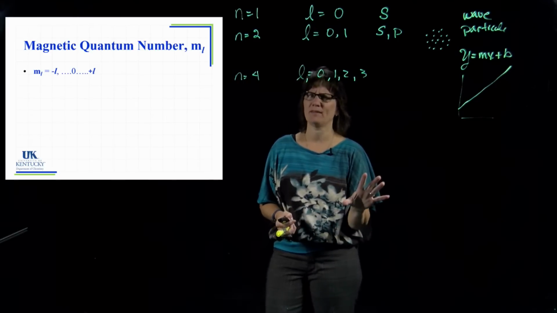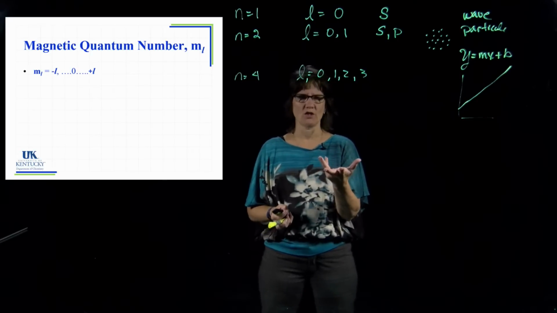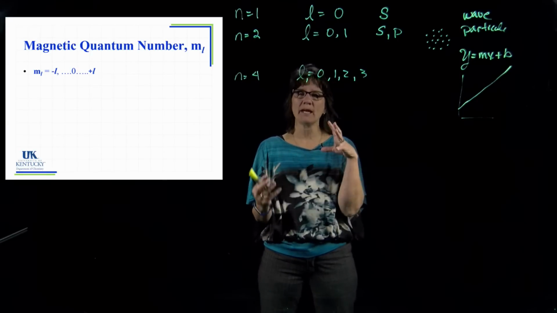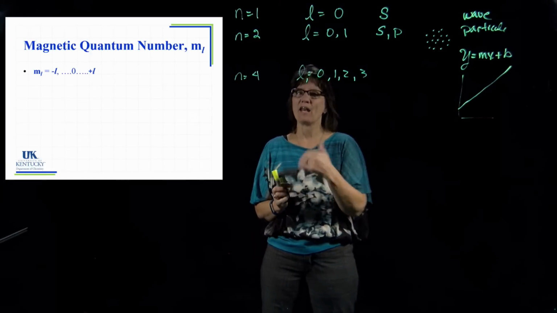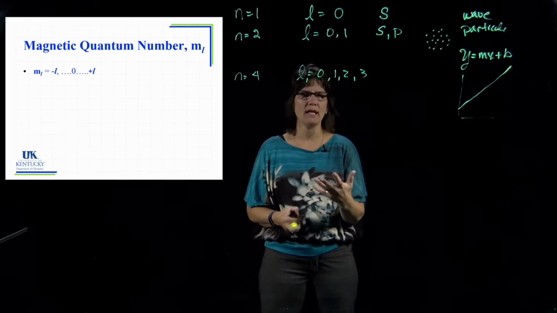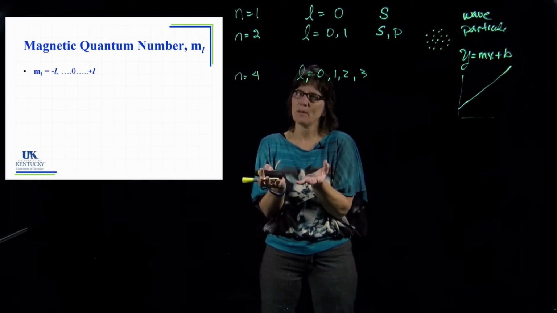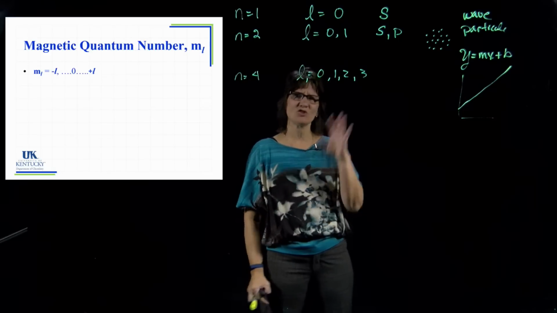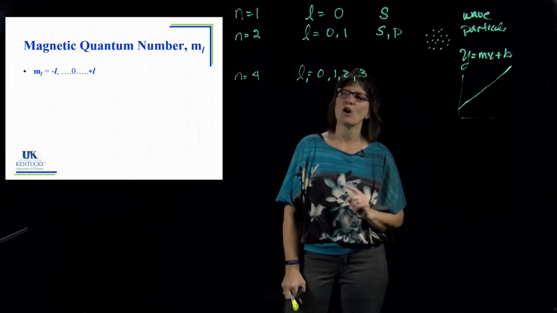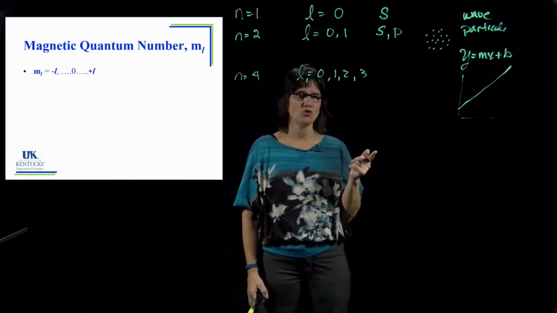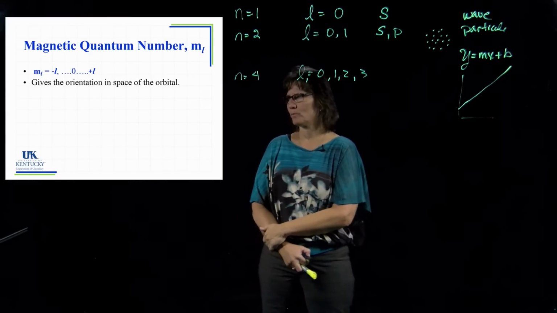Now let's just stop and think about this for just a minute. Where do these numbers come from? They are derived out of the Schrödinger equations. So these Schrödinger equations were complex mathematical equations that are defining three-dimensional shapes. And out of these equations that they have incorporated in the wave nature and the particle nature of these electrons, these numbers come out. So it's not like somebody said, these are some cool numbers, let's pull them out. Okay, they came out of these equations, but the M sub L can go between a negative L up to a positive L. So it's really tied to your L value.